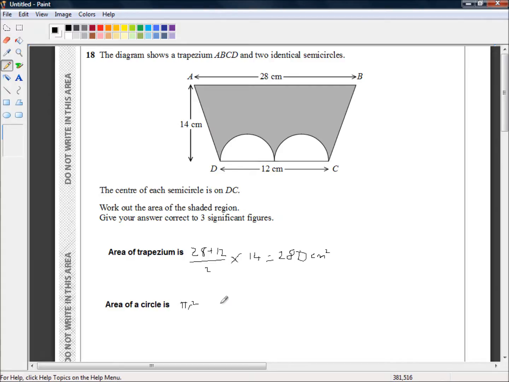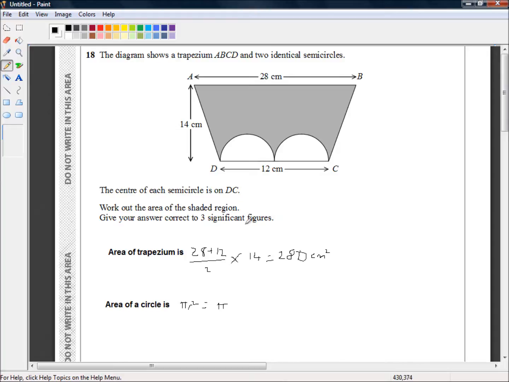squared. The way to tell the difference is that if you're looking for an area, you want your units to be in square units. So the one that's got the squared in is going to be the one that's giving you the area. The one that's just got the lengths, that's going to give you the circumference. So the area of a circle is pi r squared, not 2 pi r. Don't get that confused. So the area is pi r squared, which is equal to pi